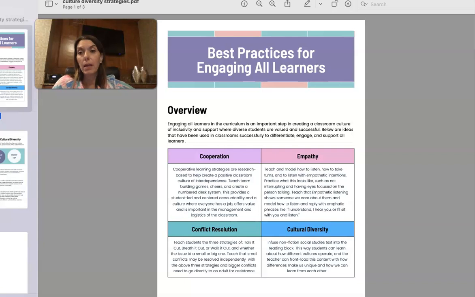Empathy, I think, is probably the most important thing that you teach. We teach explicit empathic listening. We do that through listening circle. So every single day, we sit in a circle. We have non-academic talk. We take turns. We look at each other in the eye. We practice sitting still, not looking around the room, paying attention to the speaker, using